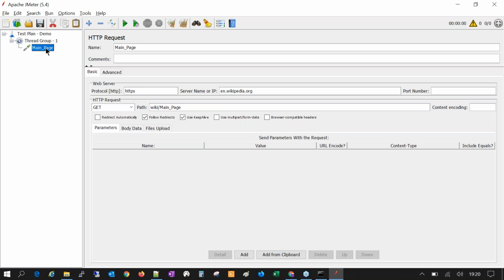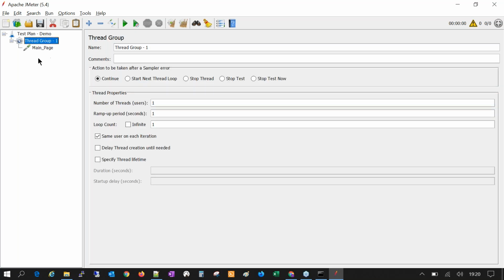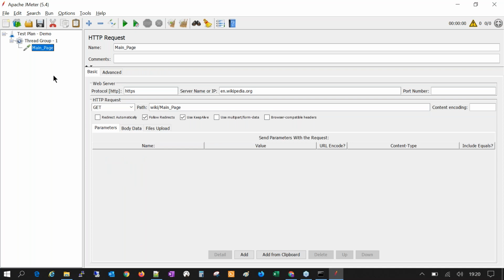Just keep in mind that in most cases you should have predefined steps or a flow. We should have some specific pages to cover. Here I have a single user and a single loop count, and in order to run this test, I should be looking at some details or metrics, which is going to be responsiveness,